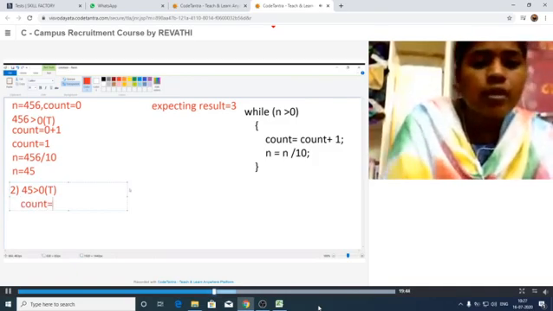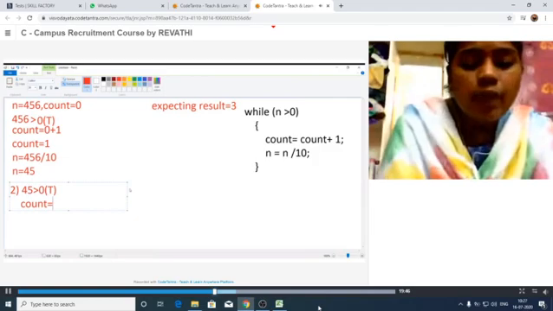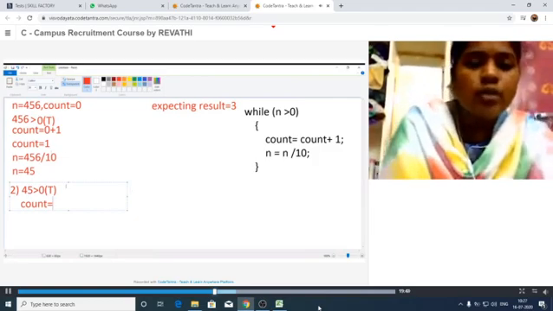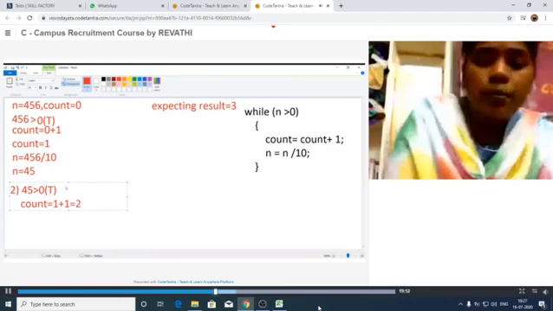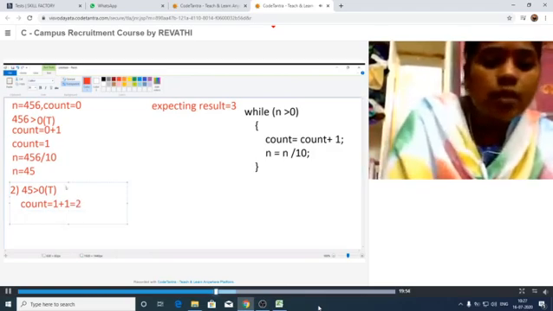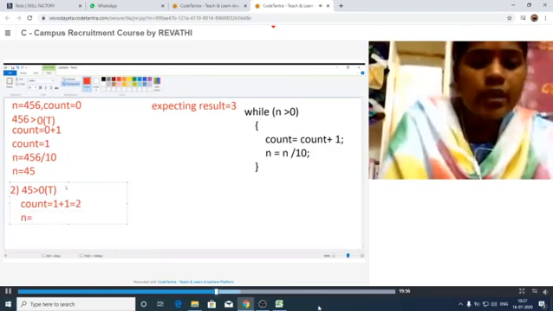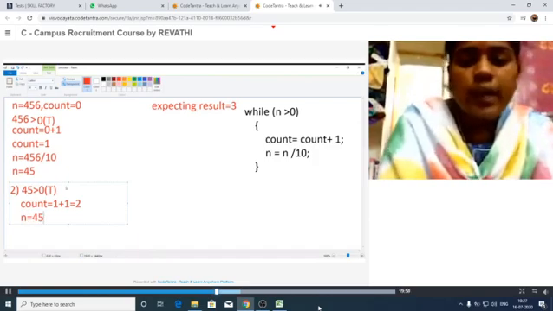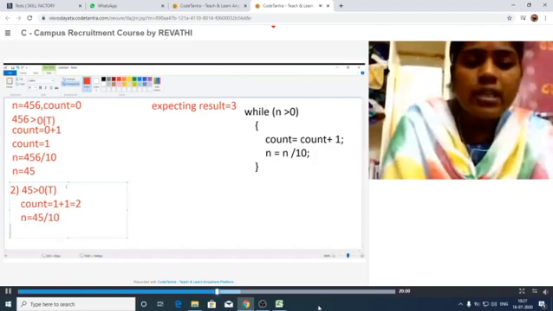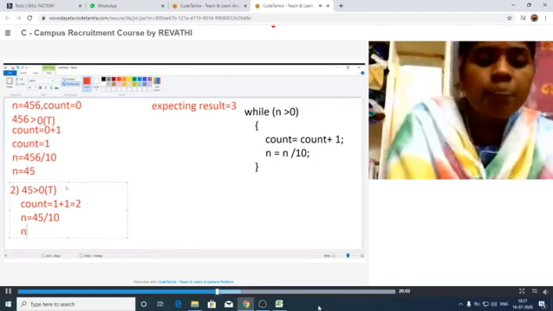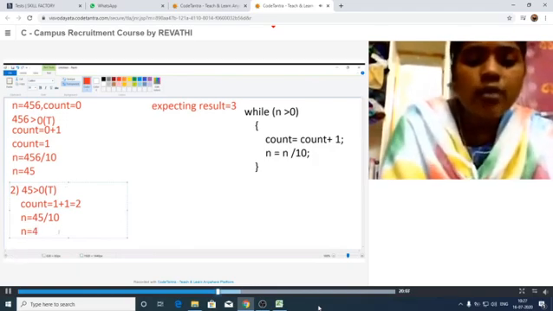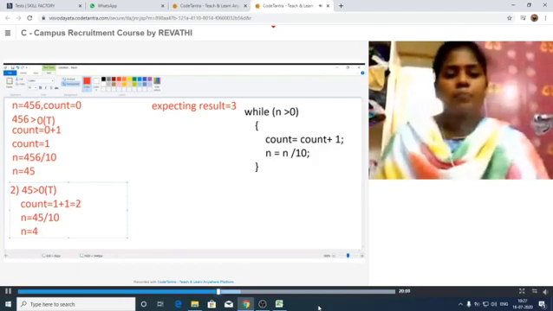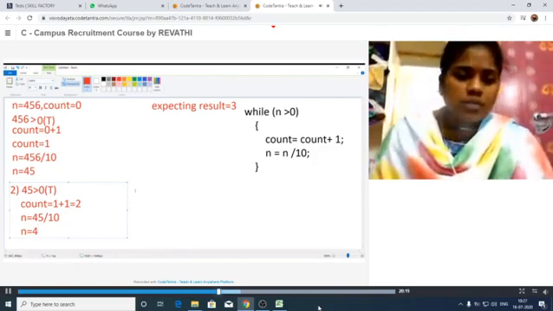Already the count value is 1, so 1 plus 1 is equal to 2. Then divide the n value. N is equal to n by 10. What is the n value here? 45 by 10, and our new value is n equal to 4. Now our values have changed: count is equal to 2 and n is equal to 4.